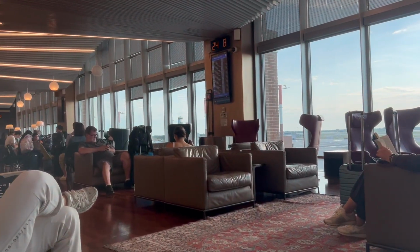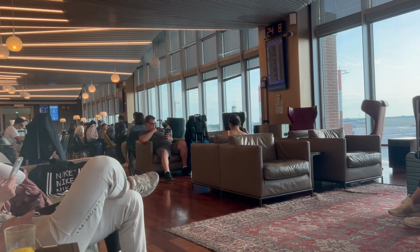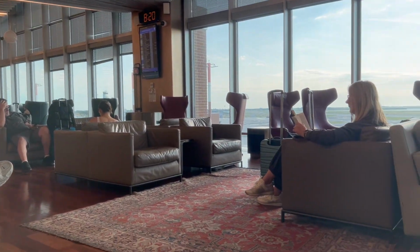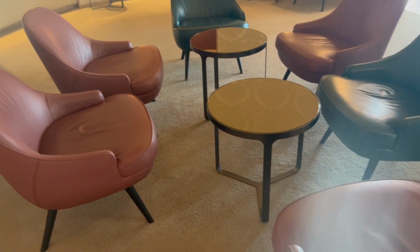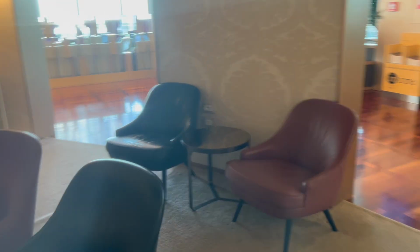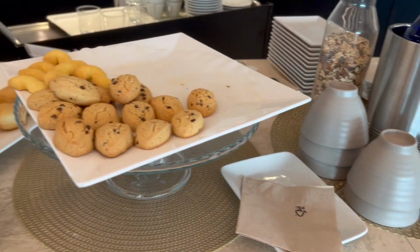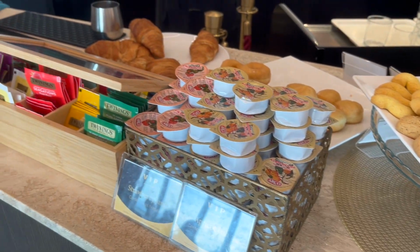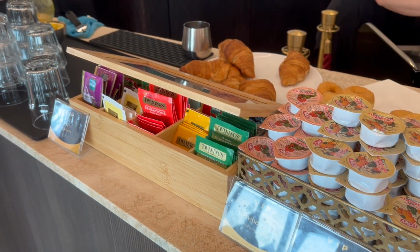The furniture adopts a brown, red, and gray color palette, which pairs nicely with the wooden flooring. There's plenty of side table space near each of the seating options, which is always convenient to have in a lounge. There's one medium-sized buffet area found towards the center of the lounge, which was offering various breakfast items during